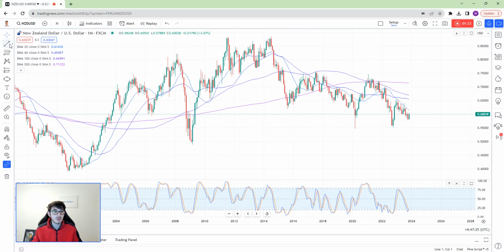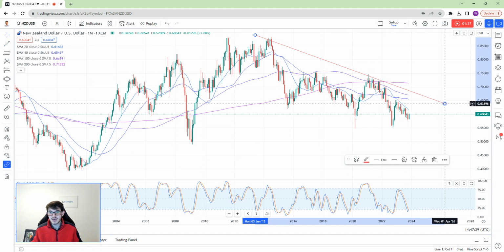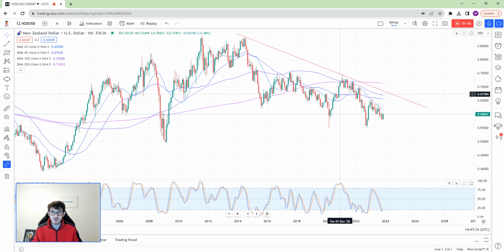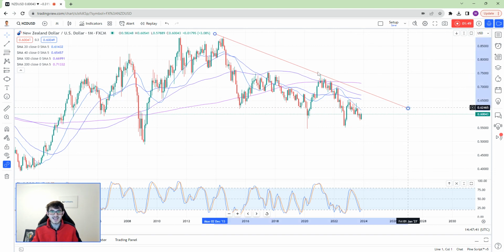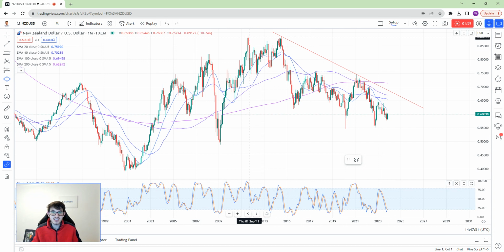But overall, the trajectory has been one of a downtrend where people are pulling their money out of the New Zealand dollar and putting it into the US dollar. Now, you had a similar move for many US dollar pairs around this point anyway, but the trajectory overall is clearly to the downside. You're looking at a long-term downtrend. Now, this actually started more or less all the way up here, but in more recent times, you could probably say from 2011, as we eased out of the financial crisis, where you had the dollar have a real